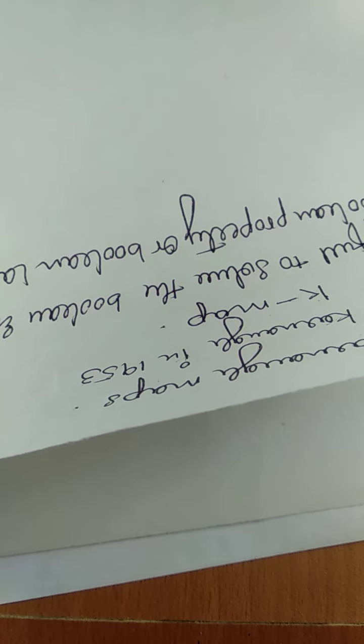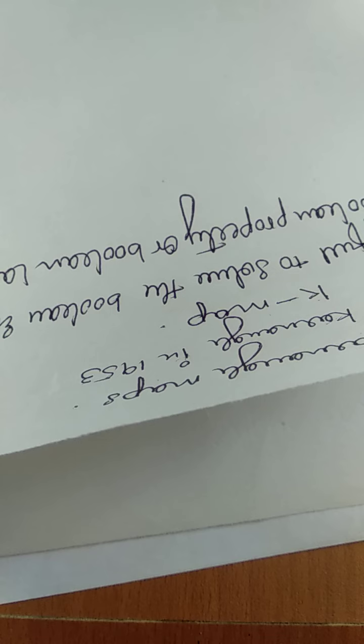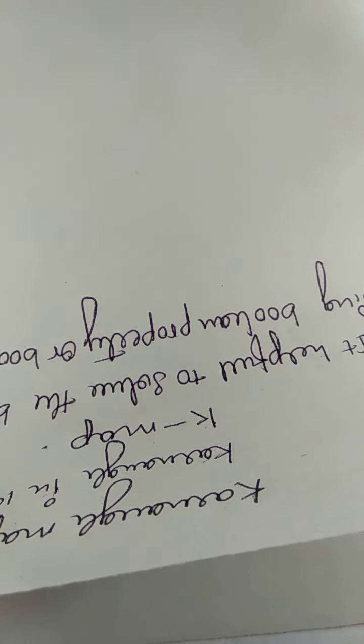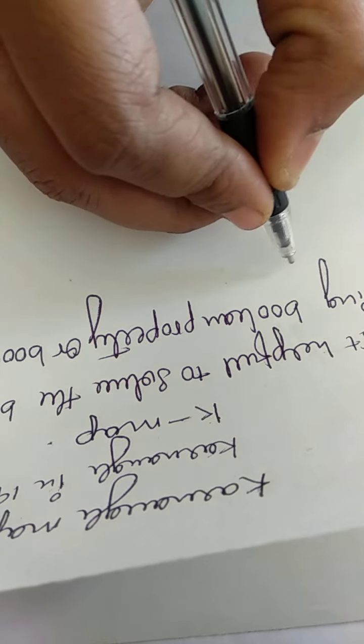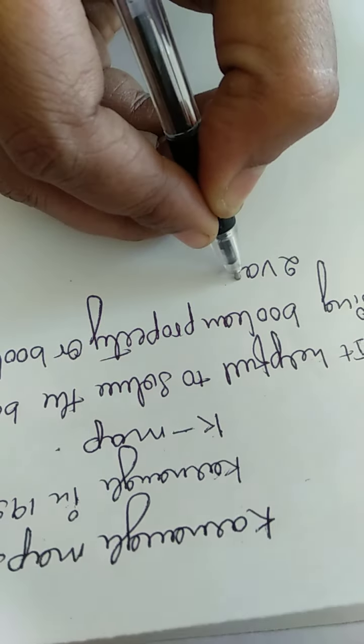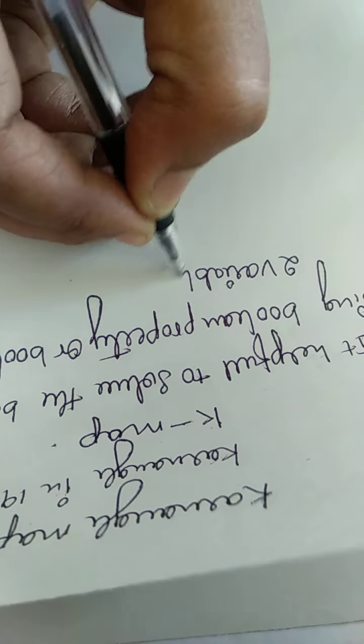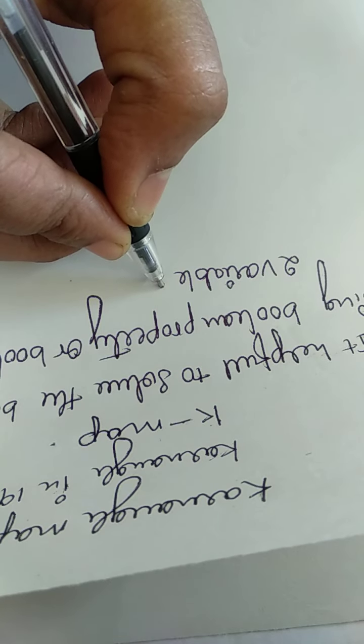So in K-map, you have 2 variables, 3 variables, 4 variables, 5 variables K-map. But for your syllabus, you have only 3, 4 and 5 variables K-map. So we'll see what is 2 variable K-map, how we design the 2 variable K-map or else Karnaugh map.